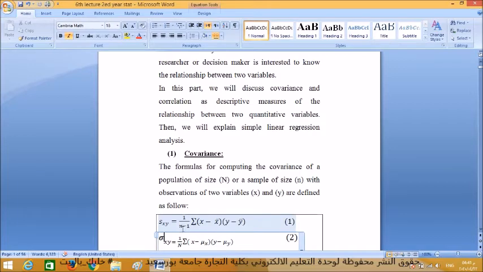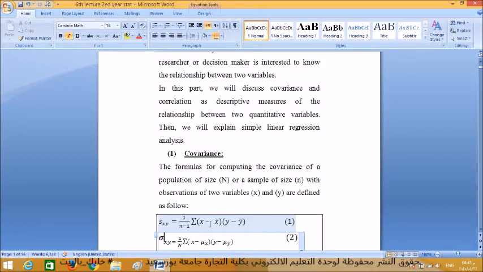Here, as we explained with the standard deviation in a sample, the denominator was n-1 for standard deviation. Okay, for a population the denominator was n. So as we did with the standard deviation, now the covariance